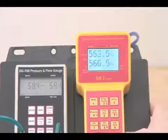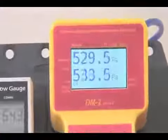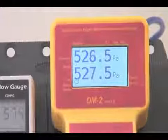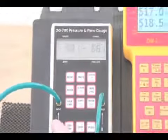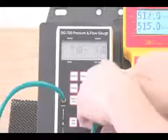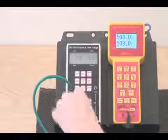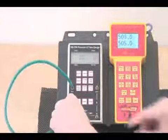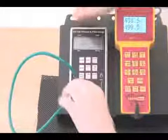Here it says it's off. And the pressure should hold a little bit more constant now. So here we've got a pressure from this port to this port, positive to positive, channel A, channel B. Now if we disconnect this tube, the pressure of course drops to zero,